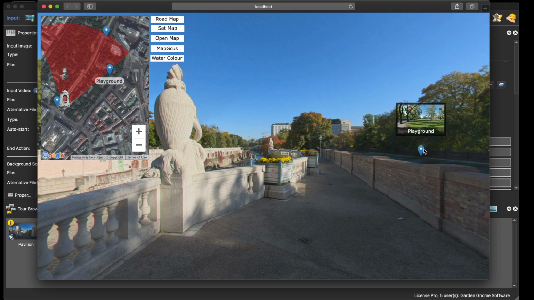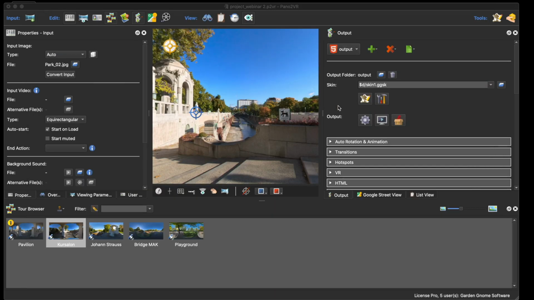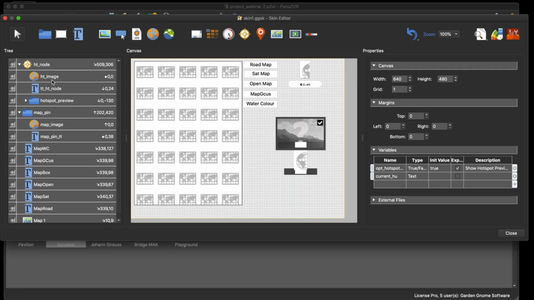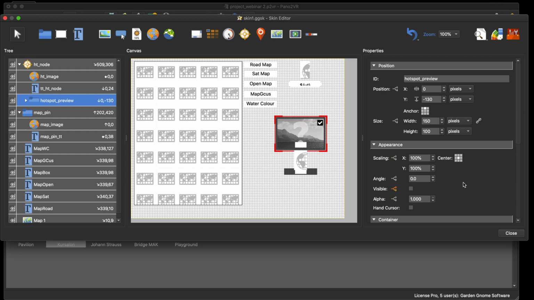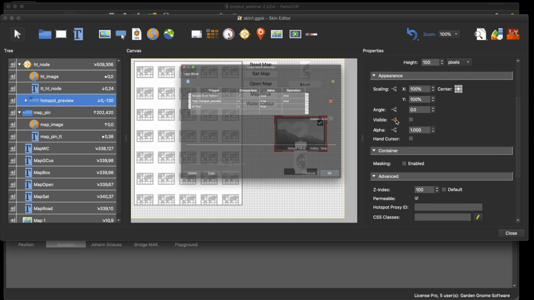I've now created a link between those two, but sadly I've not got one coming back, because what I have to do now is think about this for the hotspot. All right, I want the preview to do the same thing. So if I open up the preview,